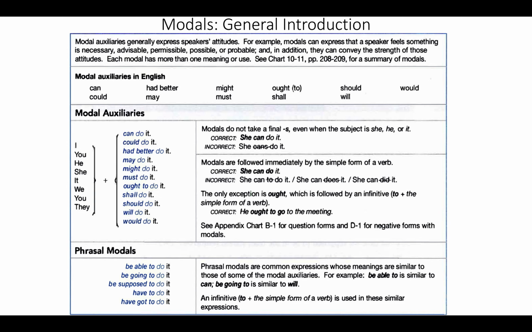So modal auxiliaries, as you can see, generally express speakers' attitudes. For example, modals can express that a speaker feels something is necessary, advisable, permissible, possible, or probable. And in addition, they can convey the strength of those attitudes. Each modal has more than one meaning or use. Now,